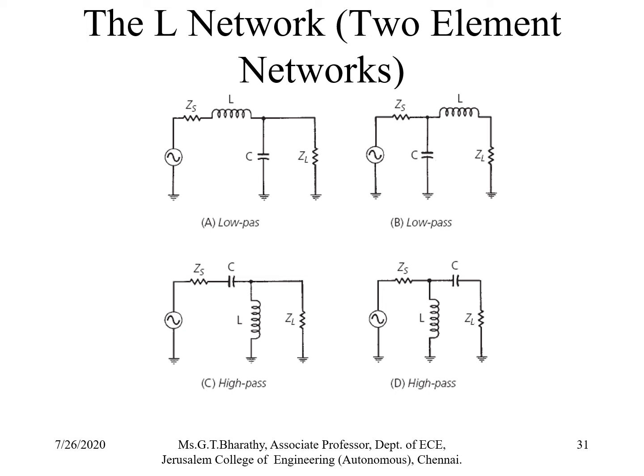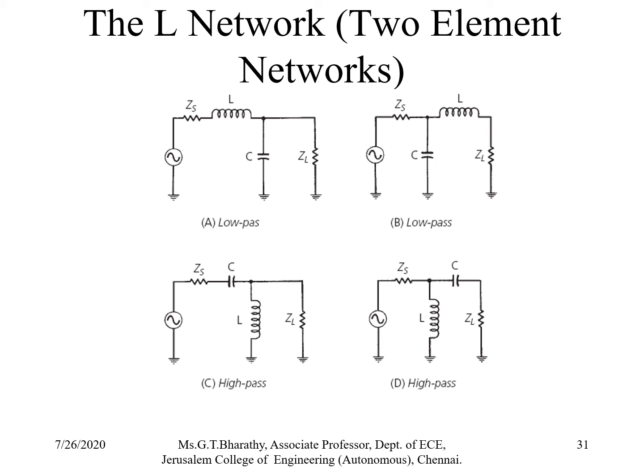Now we will move on to the types of impedance matching network. There are two types of networks available for performing impedance matching. The first category that we are going to discuss is the L network, which is also called the two-element network. That means we have the source impedance ZS, and we have the load impedance ZL. Between the load and the source, we are connecting a matching network, which is going to perform the function of matching between ZS and ZL, which are different values.